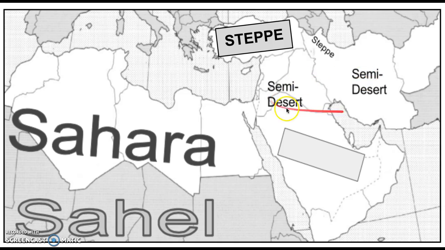Now a lot of this area is salvageable because of the rivers that run through it, those being the Tigris, the Euphrates, and the Jordan. And then at the bottom, this is primarily all desert region in the Saudi Arabian Peninsula. So overall, a pretty dry region, which is why a lot of people think the most valuable resource is oil. But in reality, probably the most valuable resource is actually water, and the access to water.